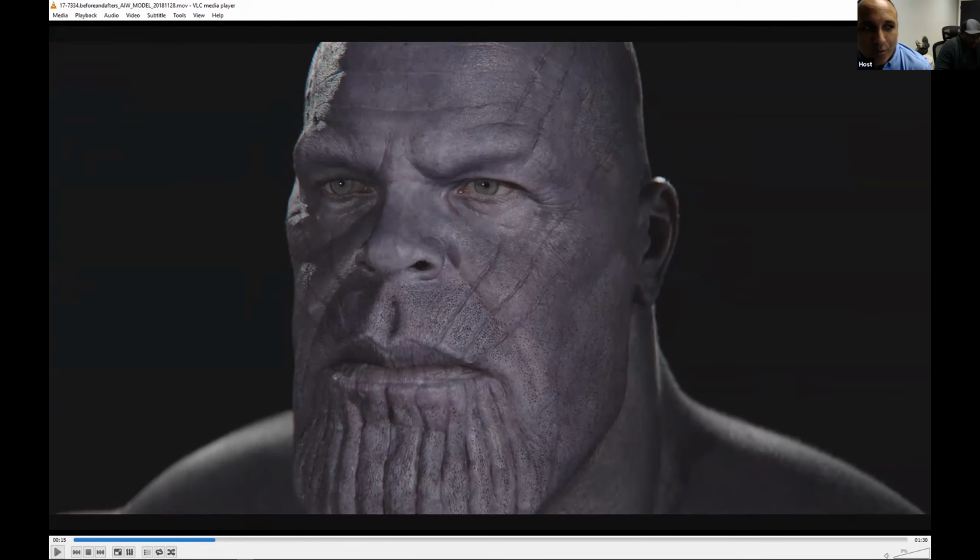Hey, Chris, we got a question from a fellow instructor, a guy named Ben Ert, about blending. The question is, when you blend in between, for instance, rust and shiny metal, do you use mask-driven layered shaders?